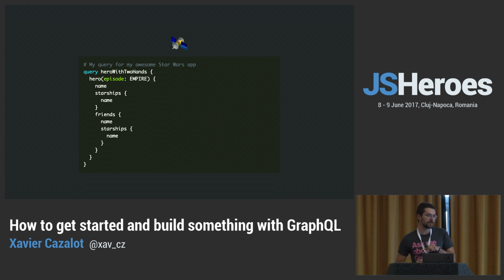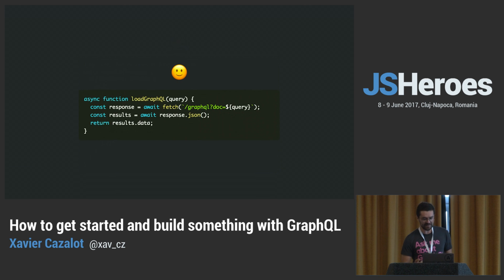So here's my query. I can resolve it based on the types, and these are the queries that I would have in my application for this screen about Luke Skywalker. And okay, how do I send it to my server now? Basically, you can just do it with a simple HTTP request. You use fetch or request or whatever you like, and you get back the result, and you can consume it in your application.